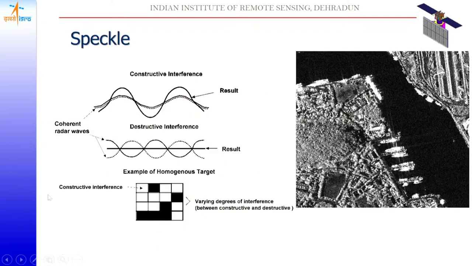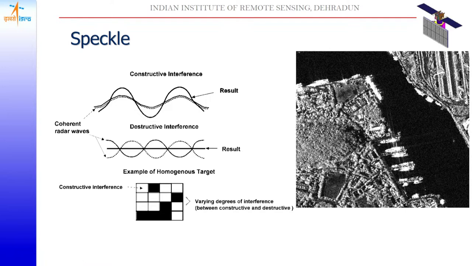So here we can see we have the coherent. When they are in phase we have constructive interference, and when they are out of phase there will be destructive interference. For constructive interference we have the brighter spots, and for destructive interference we have the darker spots. So in this image you can perceive bright and black spots, random pixels all over the image. That random noise of black and white pixels is called the speckle in the SAR image,